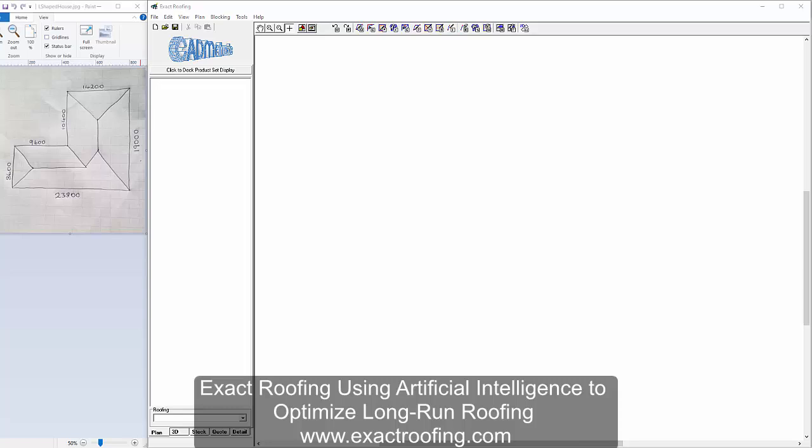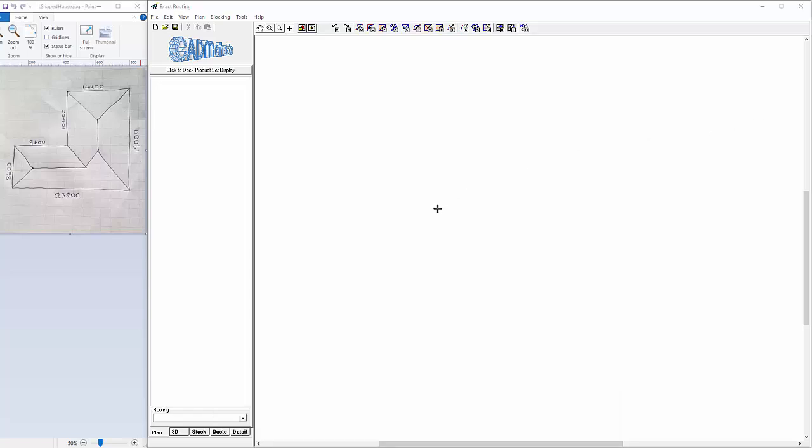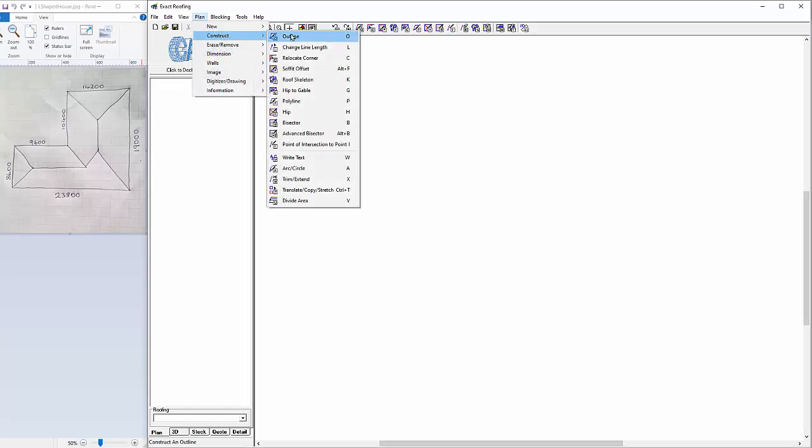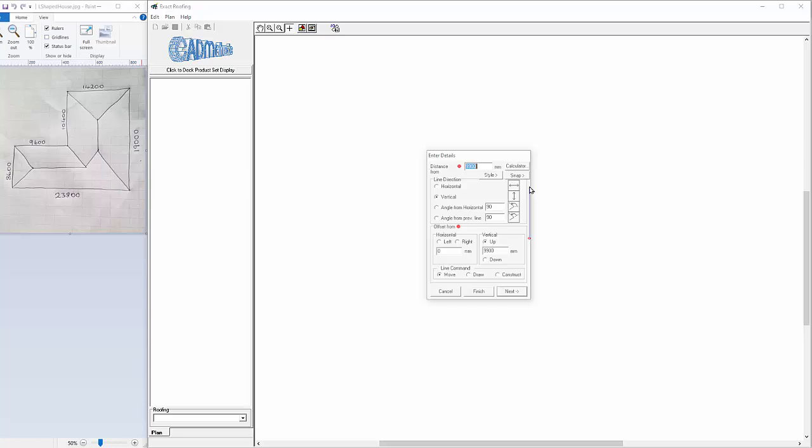This is a demonstration of Exact Roofing using artificial intelligence to optimize long-run roofing. We will start with a hand-drawn sketch of a re-roof, which is on the left. So we will start by applying roofing to this drawing. Plan, construct, outline. Now we will draw this model, 8600,